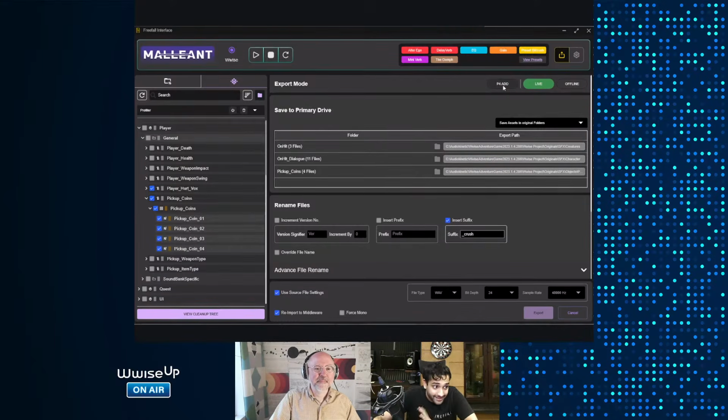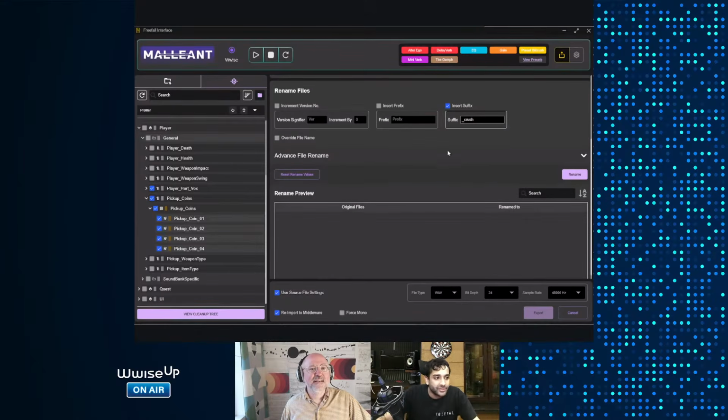Another thing, Maliant supports Perforce. A lot of your users are big teams. They use Perforce. It's an industry standard. So if you click on Perforce add, it will know which files are in a Perforce repository, amend those files to have the P4 add command or P4 edit command so that when they show up for team members, it's editable. It's not just view only.